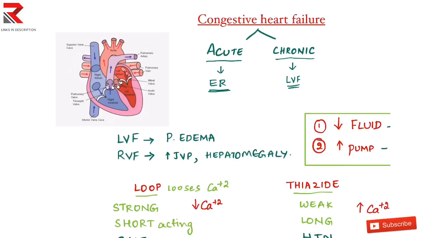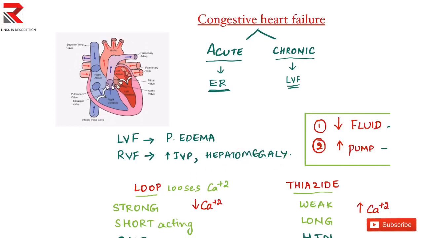In the same way, if the patient has a right ventricular failure, then the blood which is getting accumulated here will be pumped back into the right atrium, and from the right atrium it will be pushed to the superior vena cava, which increases the jugular venous pressure, and the blood also pushes into the inferior vena cava. So the superior vena cava increases the jugular venous pressure, JVP, and the inferior vena cava reaches into the liver, and in the liver the blood gets accumulated, and hence right ventricular failure presents with two main symptoms: increase in the JVP and hepatomegaly.